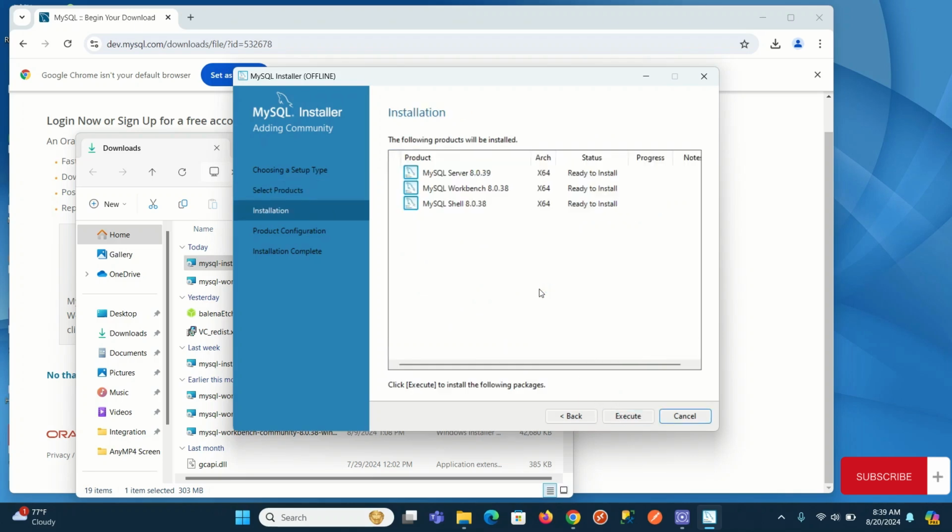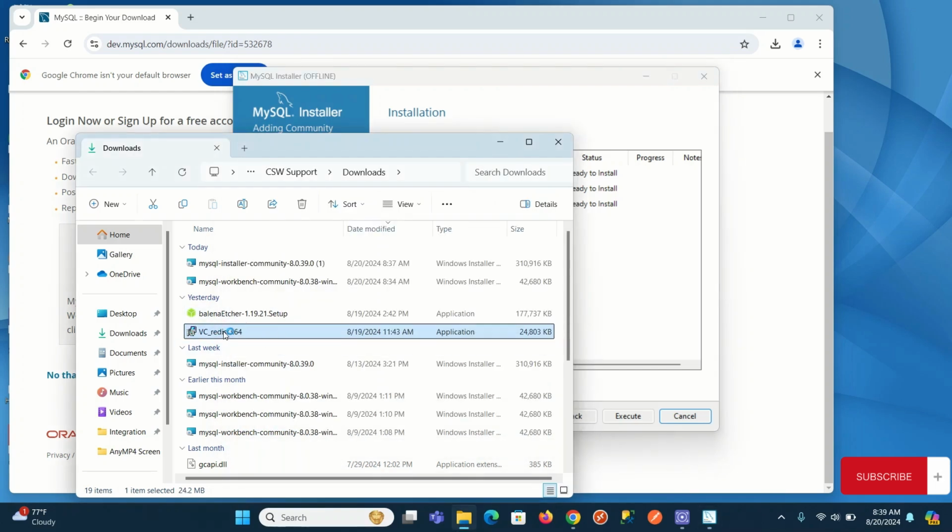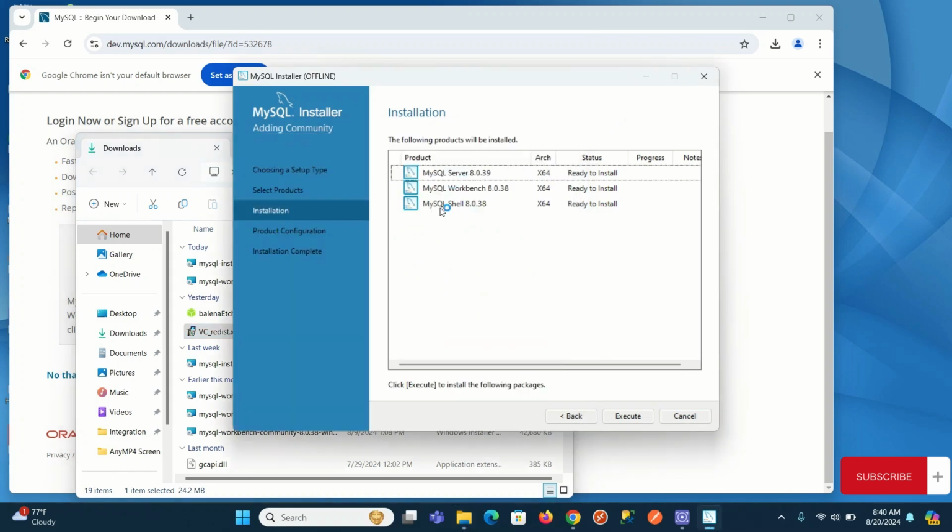Okay, so for some computers, if you don't have Microsoft Visual C++ Redistributable or something of the sort on your system, it will ask you for that package. So you might need to go and download this software, Microsoft Visual C++ 2015 to 2022 Redistributable, and install it on your system before you can continue with your installation. But I have installed that, so I want to continue with my installation. Then I click on execute,